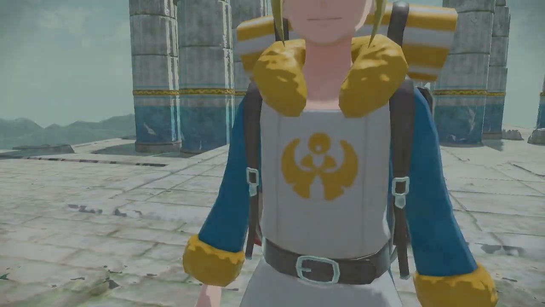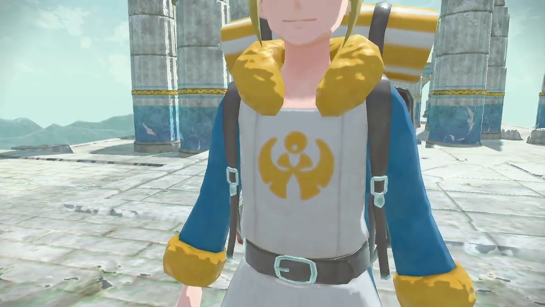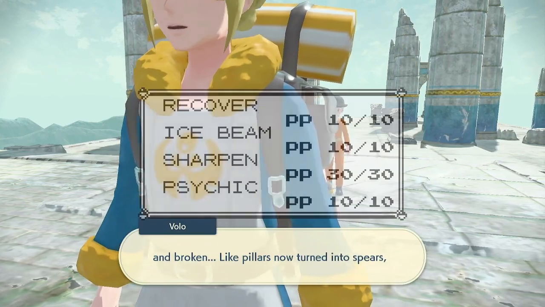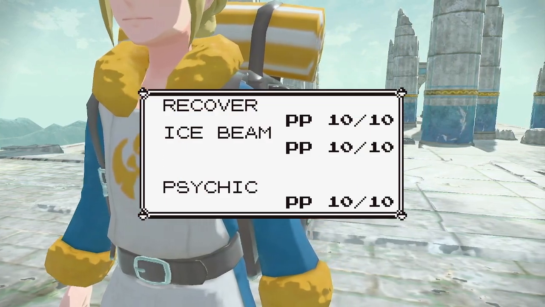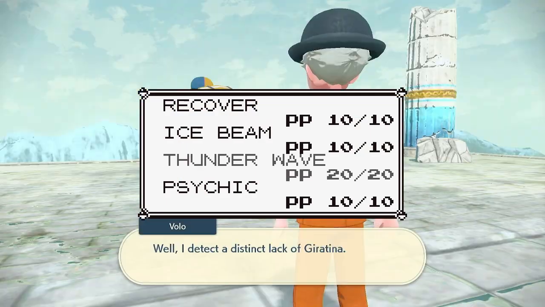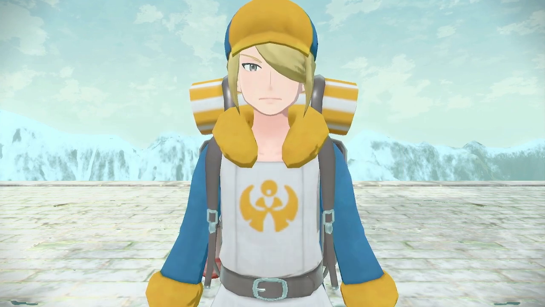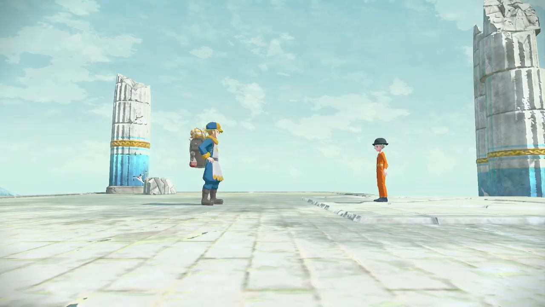In fact, Sharpen doesn't even exist, and Porygon doesn't have access to any moves to boost its own stats. This means I have one gap to fill in my moveset, and the move I'm going for is Thunderwave. Aside from AI, which I'll come back to, the one big difference in the Volo battle here compared to Red